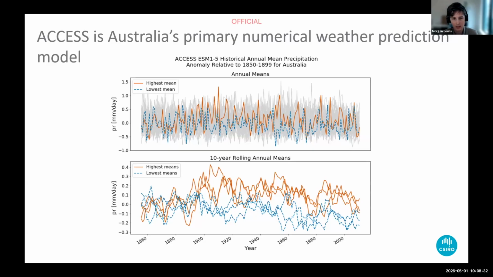ACCESS is used as the base model, which is fed into a whole bunch of different forecasting use cases. So it's used for the daily weather forecast, as well as in this case here, long-running climate forecasts for Australia. Because it's made up of so many different models and submodels, and the process requires a lot of tuning and tweaking, it's of great interest for all of the physicists and people developing this model to